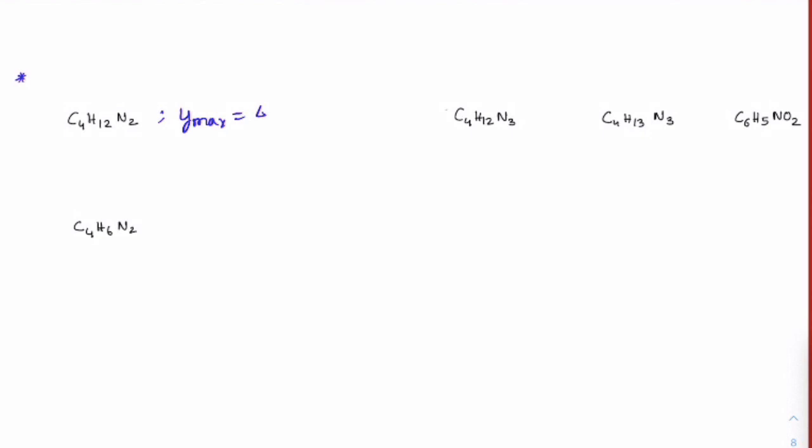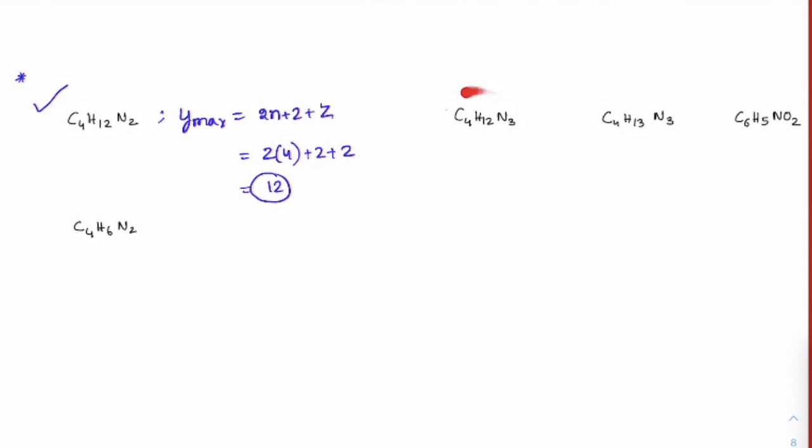Theoretically, we know the formula is 2n plus 2 plus Z, because there is nitrogen present. So 2 times 4 carbons plus 2 plus 2 nitrogens present. You can see it is coming out to be 12. So this molecule will exist. Yes, this molecule can exist. Let us see here now.